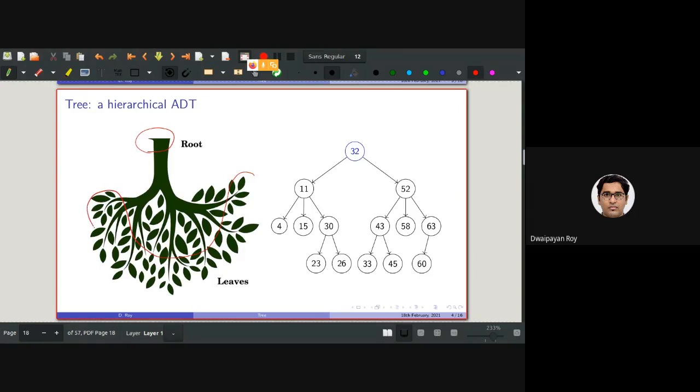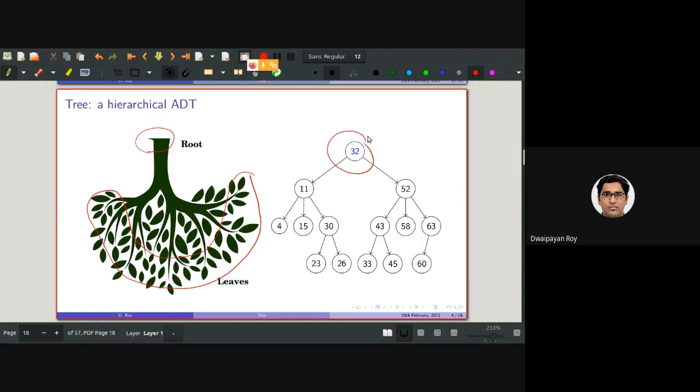In the case of a tree data structure, we will follow this manner.